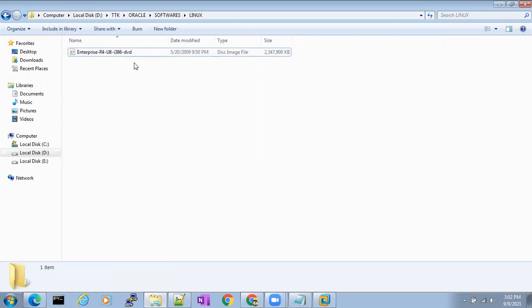So nowadays we don't have to use a Windows CD. We use the image file to install the Linux operating system.